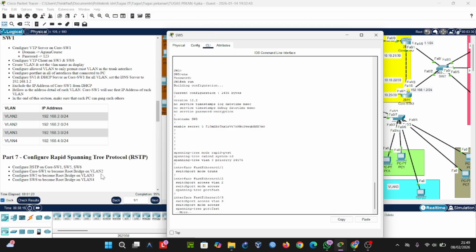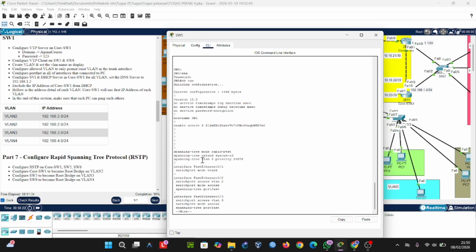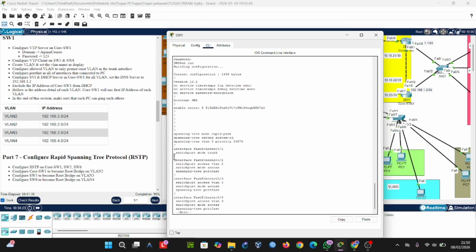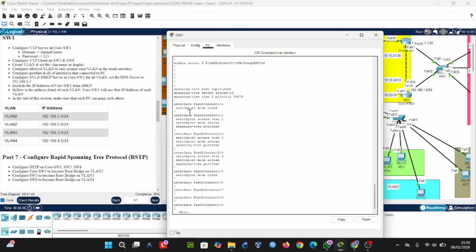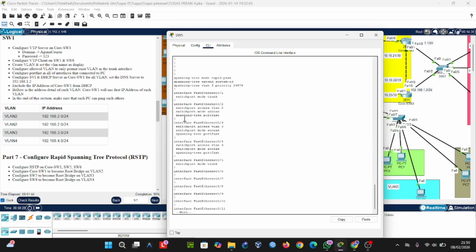Continuing with part 6 and then part 7, we configure the root bridge, and we configure the priority on the root bridge for VLAN 3. Then the description for the port.